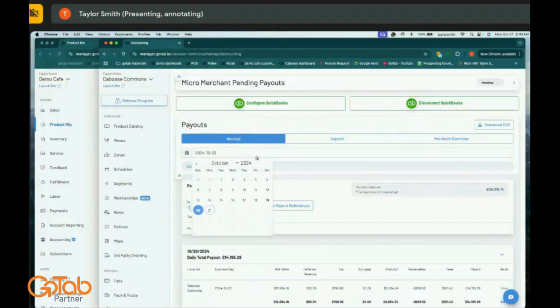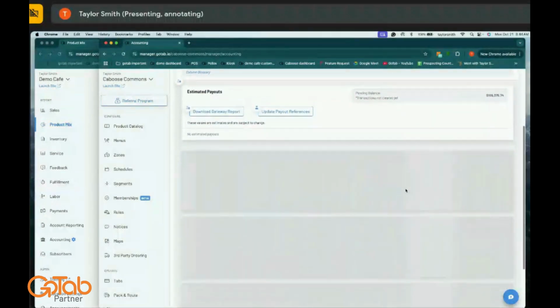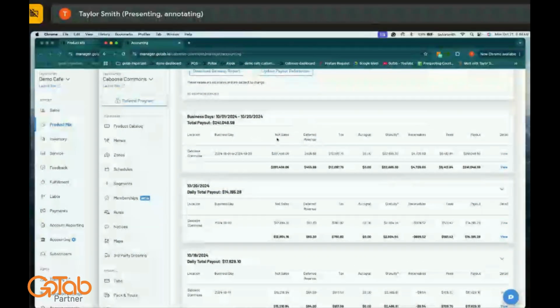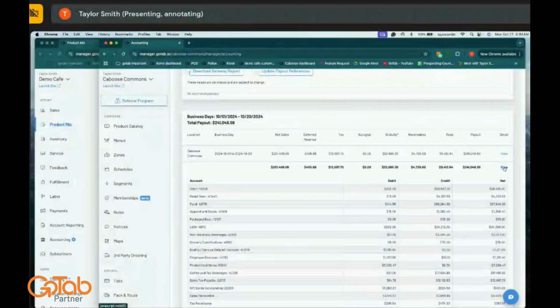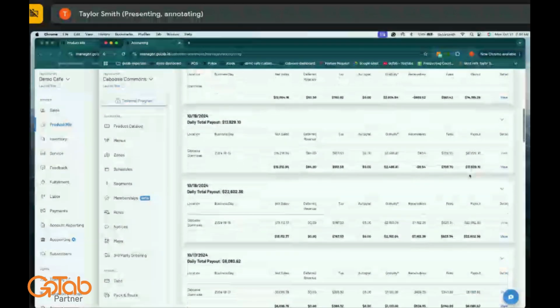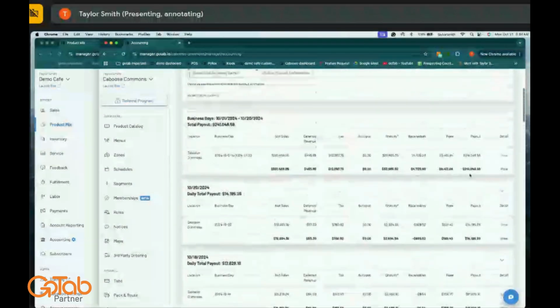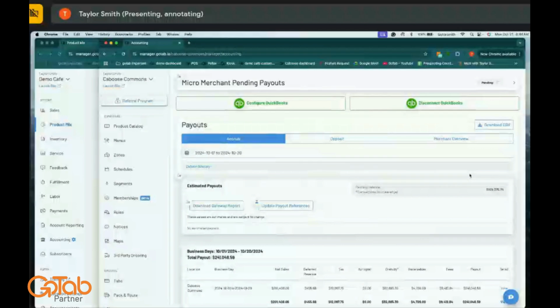So you can pull date range reporting for the month. I'll just go ahead and do that. So it's broken down by day. You get a detail report by zooming in as such, but you can look at day to day to day to day. For stuff that managers are probably going to be interacting with, there is the,